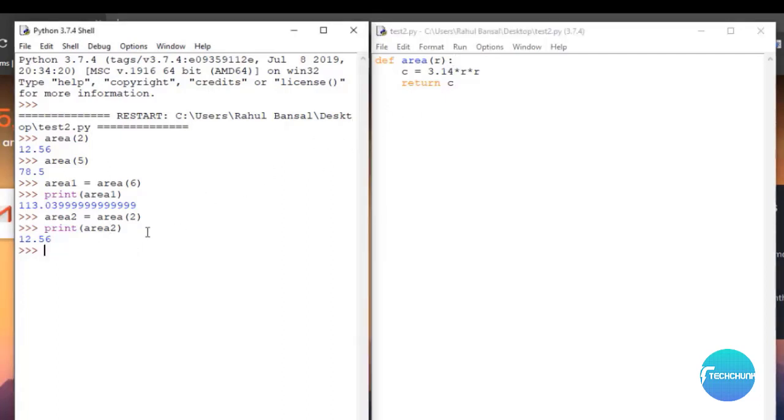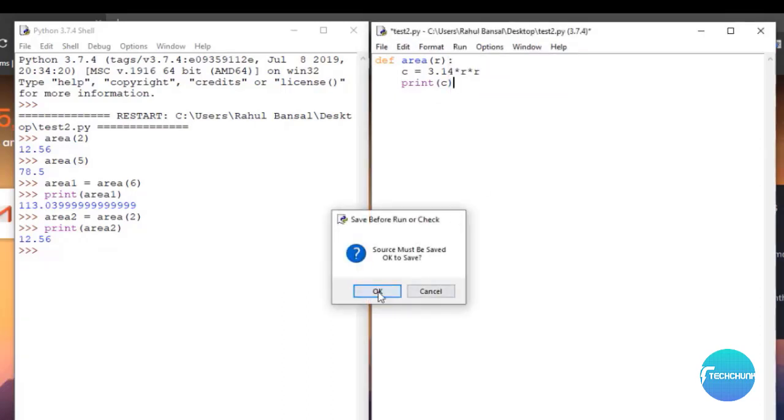There is one more thing about return. Sometimes we don't return anything; we use print c here, and let me just erase this return. Now run this module again.